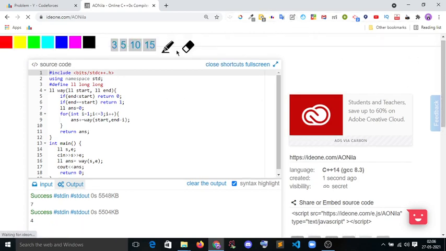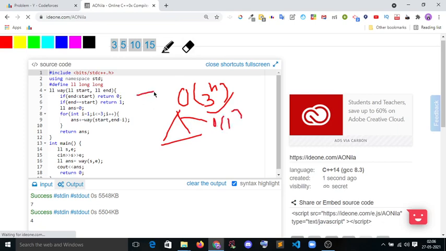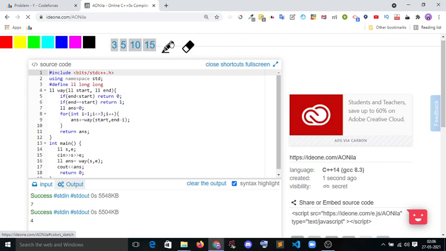So what is our time complexity? It is 3 to the power n, because we have 3 paths there. Okay, this is exponential, and space complexity is O(1). Time complexity is O(3^n), because 5 has 3 options: 5 minus 3 becomes 2, 5 minus 2 becomes 3, 5 minus 1 becomes 4. Again 2 minus 3 becomes minus 1, 2 minus 2 becomes 0, 2 minus 1 becomes 1, and these two return 0, this one returns 1.